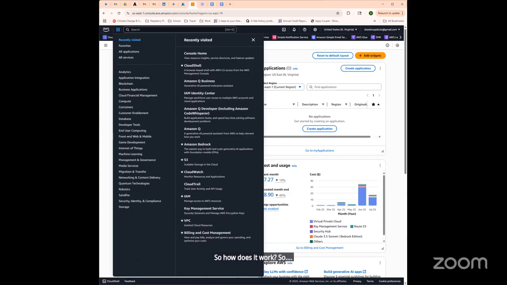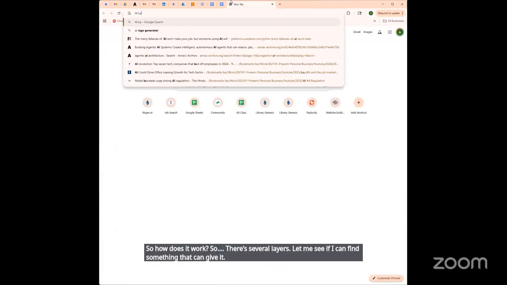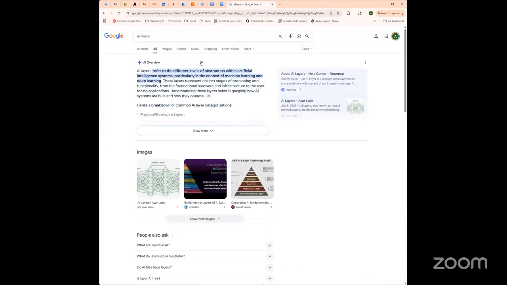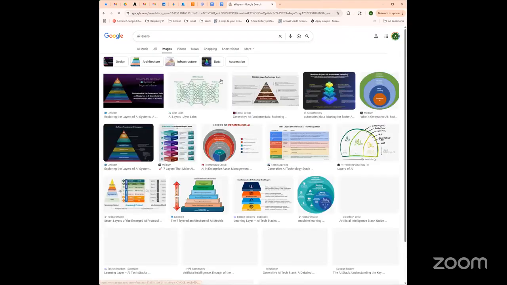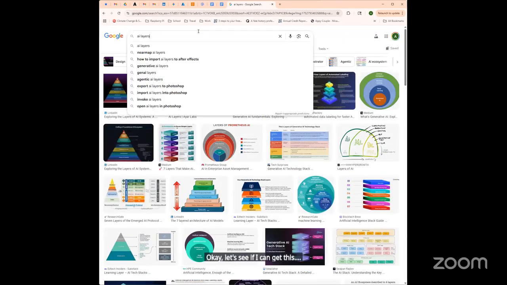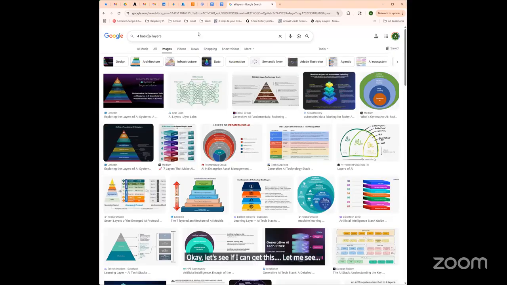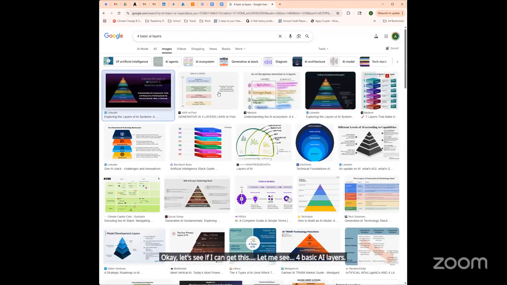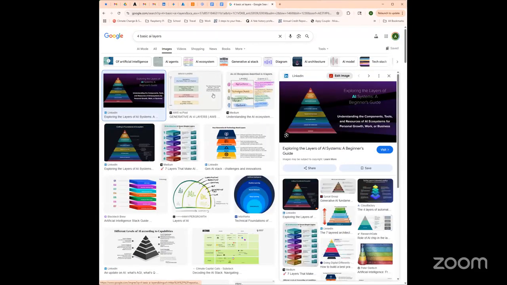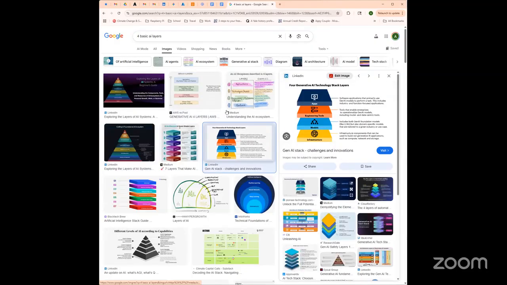So, there's several layers. Let me see if I can find something I can give it. Let's see, four basic AI layers.